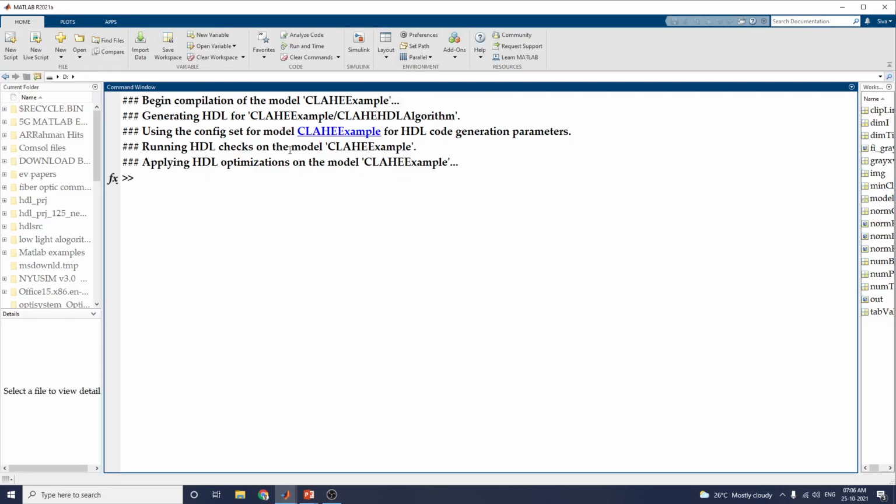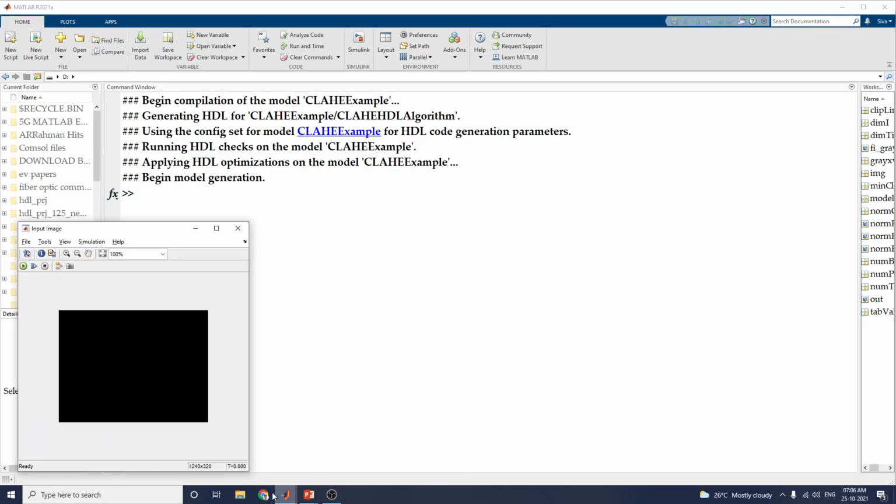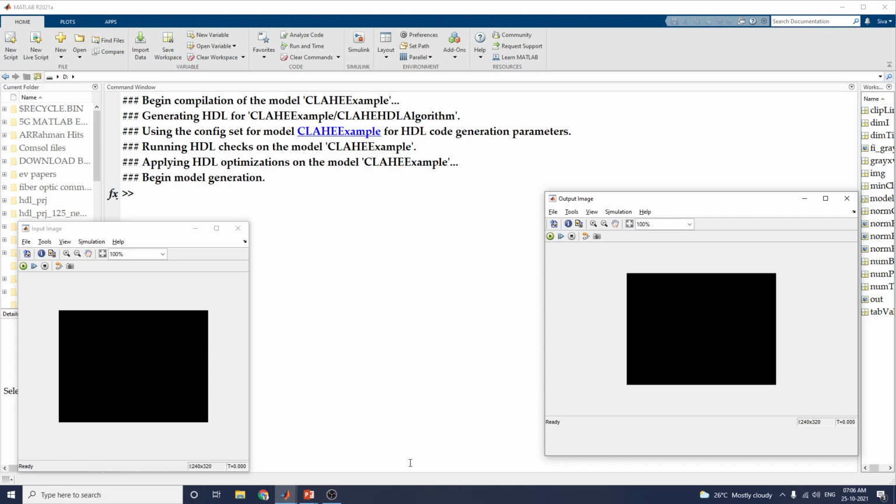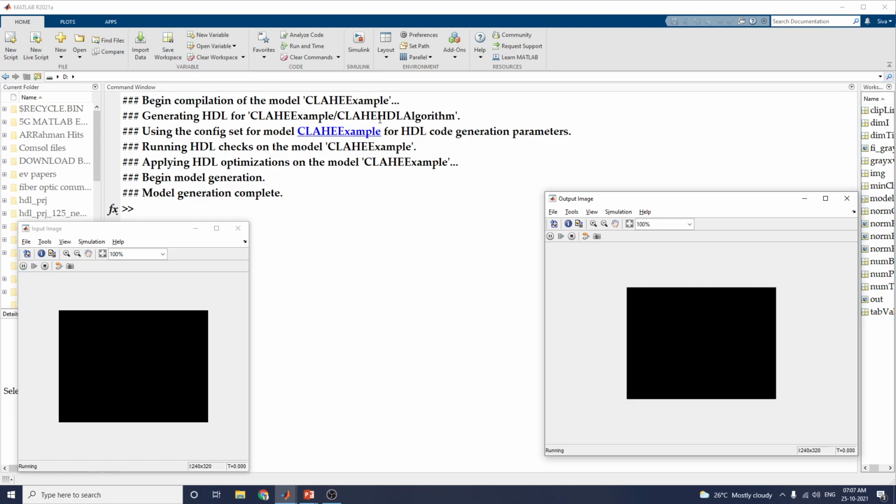Here it is running HDL checks on the example and then applying HDL optimization on the model. Now we begin model generation. Before that, we are applying this CLAHE example. Now we are applying this HDL based algorithm so that we can get an improved, enhanced image by using contrast limited adaptive histogram equalization using HDL code.